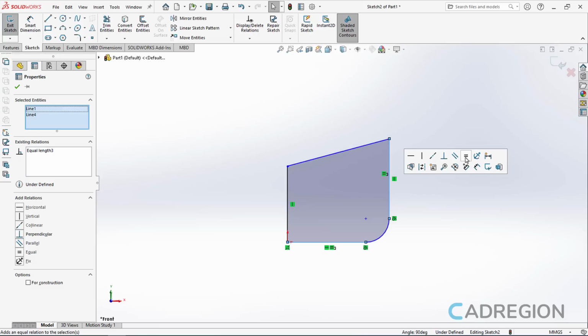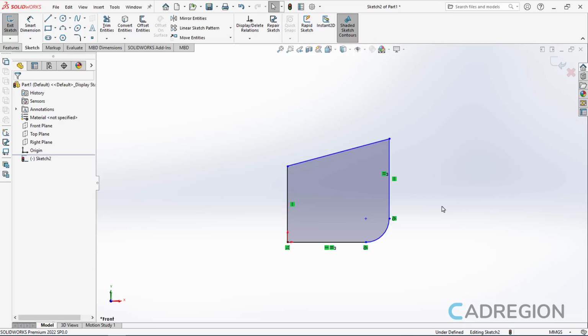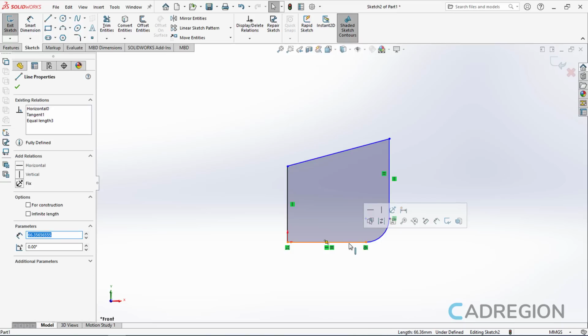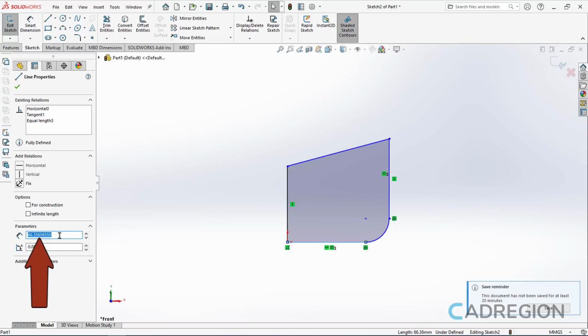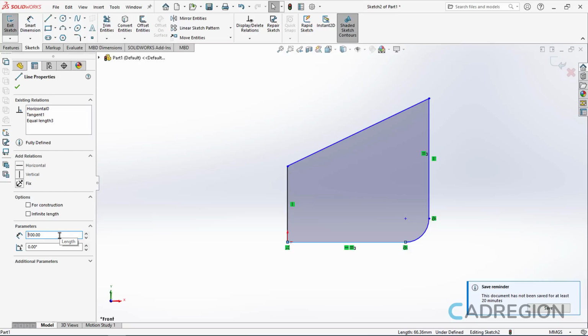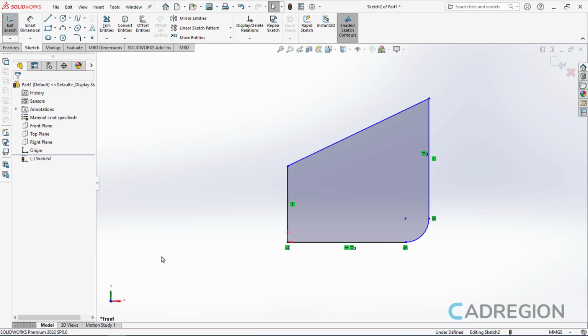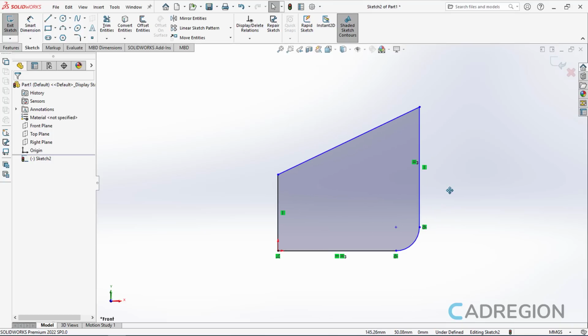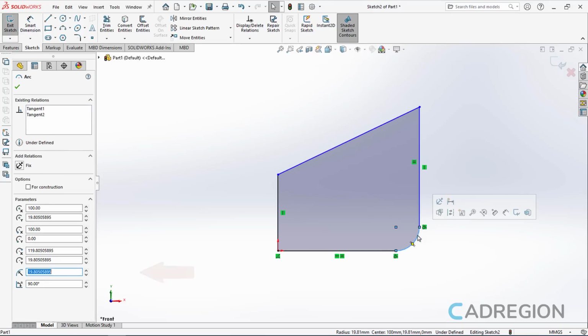Now all that remains is to define the dimensions. To do this, I will select the first line I created and I will go to the Property Manager palette, and from the Parameters area, I will change the length to 100. Since the vertical and horizontal lines are equal, now that the horizontal line's length is 100, so is the vertical line's length. At this point, I will select the arc and I will go to the radius field to change its radius